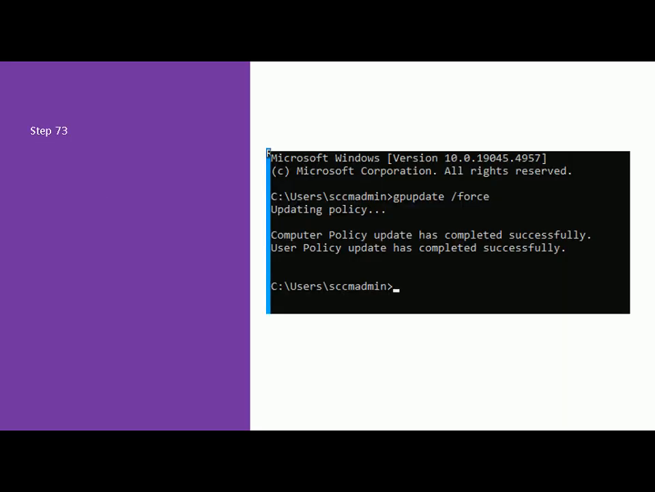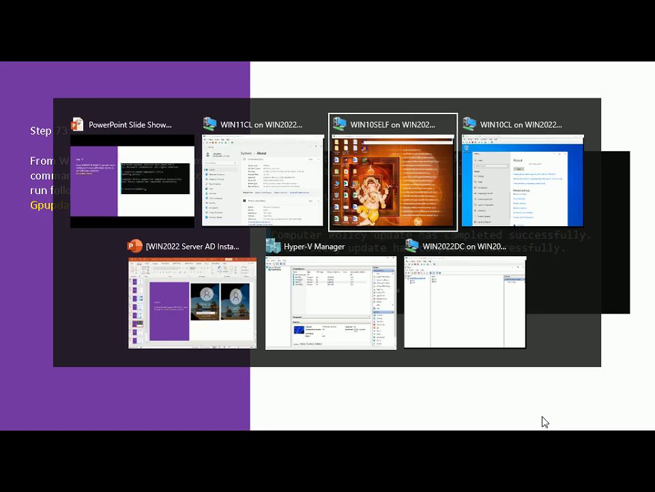And now we are coming to the last step. We need to confirm the connectivity between our client system and the domain controller. So what we will do, from WIN10 CL and Windows 11 system, open command prompt with admin access and run the following command. Which command we need to run? It's a simple command, gpupdate /force. Okay, so let's go back